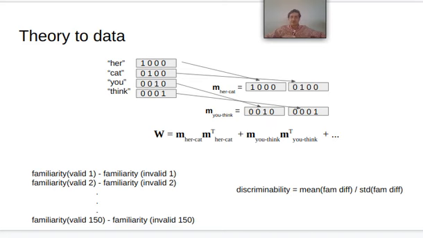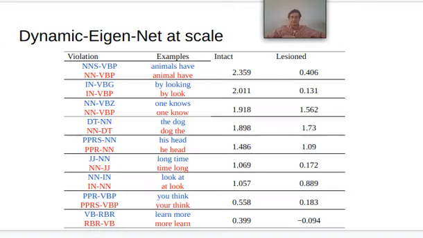We did this for 9 different bigram types with 150 samples for each bigram pair. We then take the difference scores for each bigram type, take its mean, and divide by its standard deviation to get a measure of discriminability. Each row of the following table shows results corresponding to one of the 9 bigram types. Valid bigrams are shown in blue and invalid bigrams are shown in red.